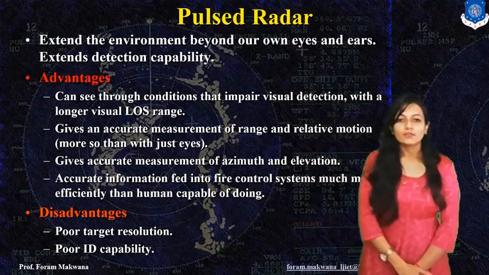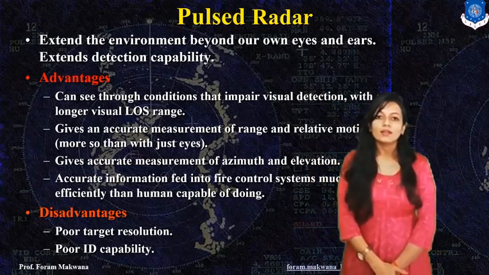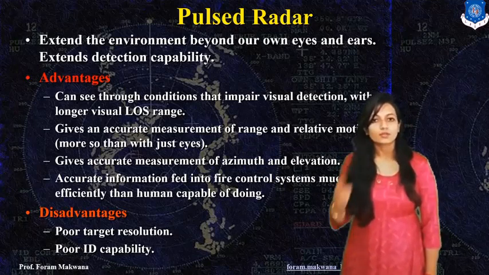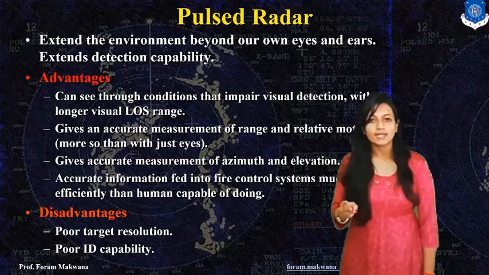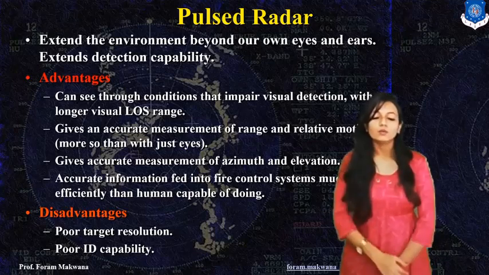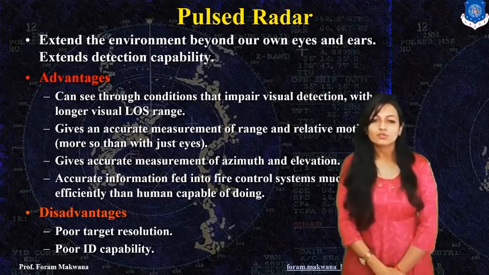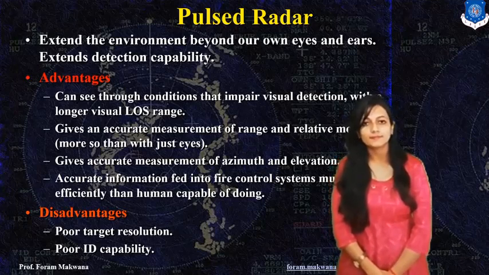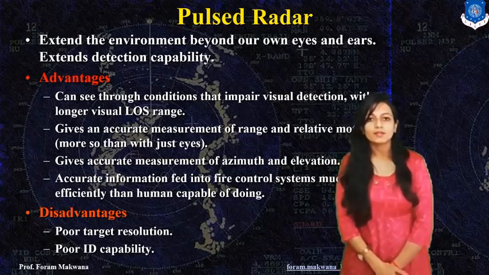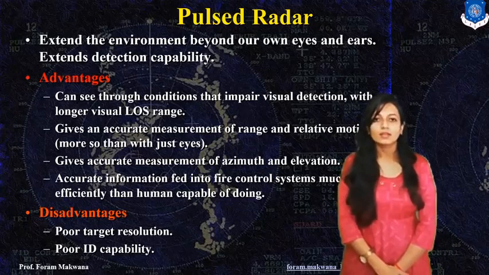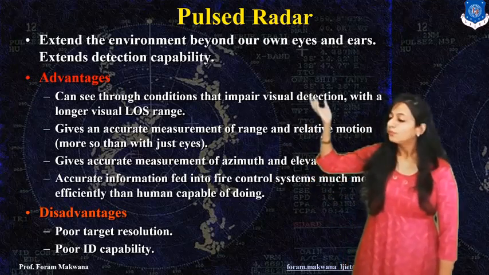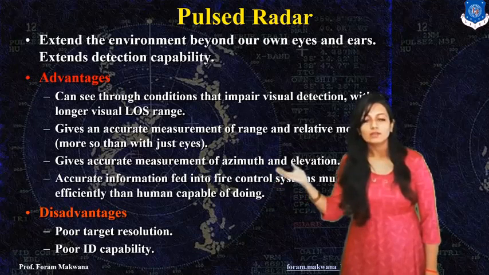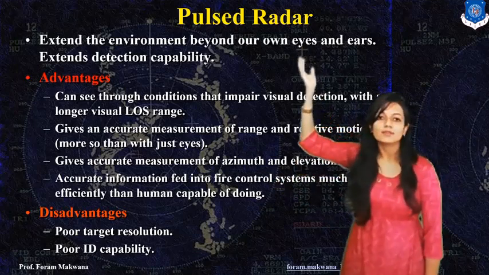Alright? So we can say that the radar range depends on the peak power, radar cross section, gain of the transmitting antenna, effective aperture, and the value of the minimum detectable signal. So based on that, if you want to transmit the signal up to a longer distance, we must transmit a higher power. Right? And if we need to use all these advantages, we need to prefer a pulse radar. Right?